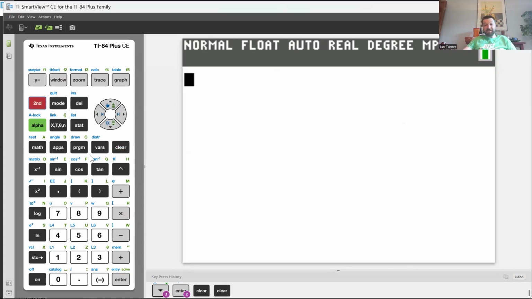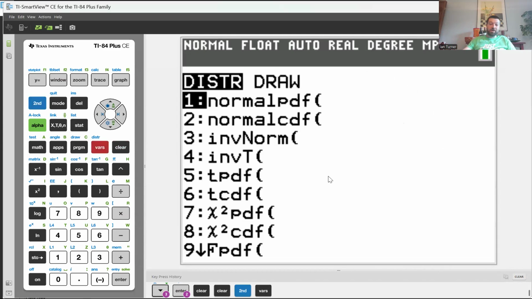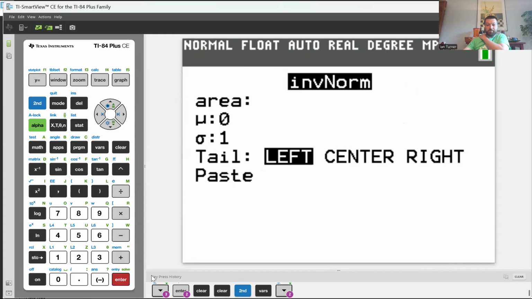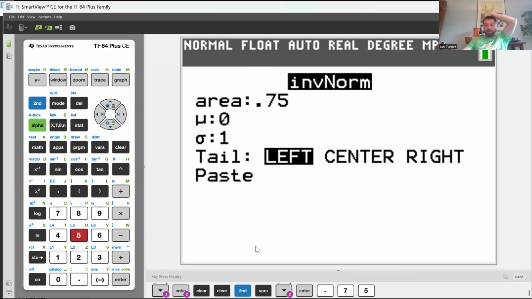Again, we're going to go second vars to bring up distribution. But now we're going to go to number 3, and 3 will help us work backwards. So we're going inverted normal. Okay. I would always just keep your tail to the left. You're going to know how many people are to the left of your deal. Okay, so we want to take up 0.75 area because we want to know how tall